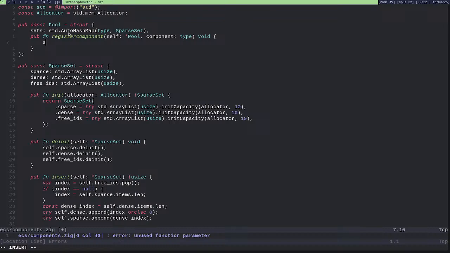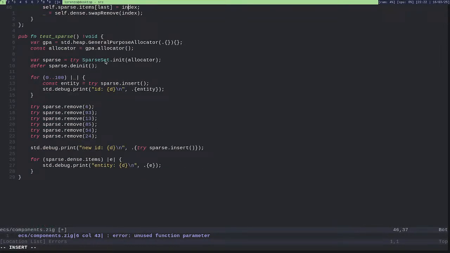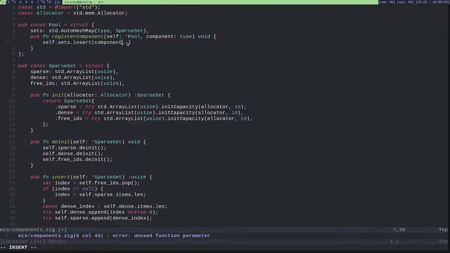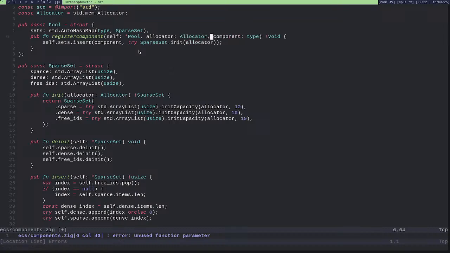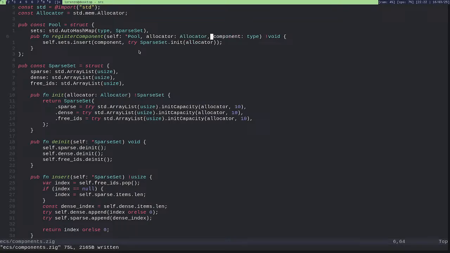For each one I will have to sets insert for component, and here I will just create a new sparse set. So sparse set init allocator, sparse set init, and as such this will return a result, and here I also need to pass the allocator. Okay. Just like this.